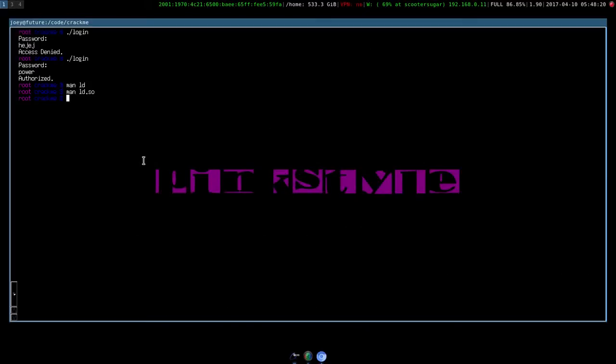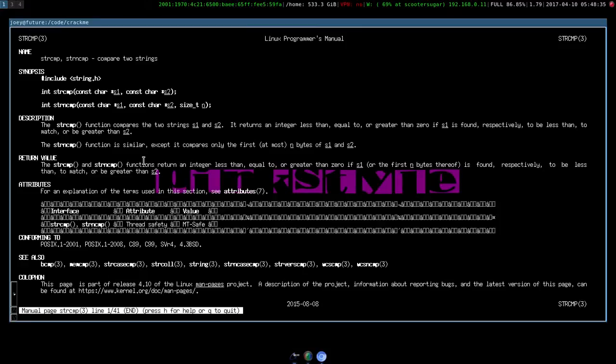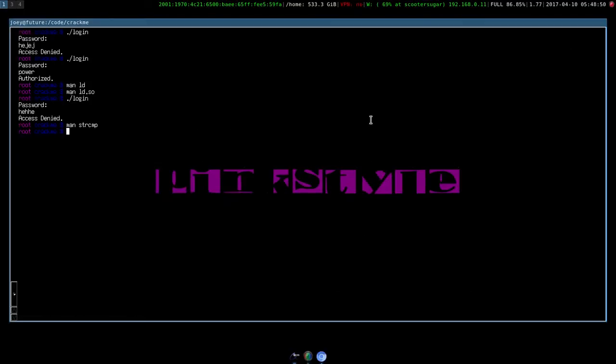So knowing that, and knowing a little bit of C, knowing that it asks for a password, knowing that it somehow is going to compare those passwords, taking a guess that maybe it's going to use strcmp, string compare. It's a good guess. It may not be string compare, it could be other stuff, but it's a good starting point. You see here, the string compare function compares two strings, which returns an integer less than, equal to, or greater than 0, depending on how the strings compare. So if it returns a 0, it means your strings are equal, and you'd have access, again, if you use